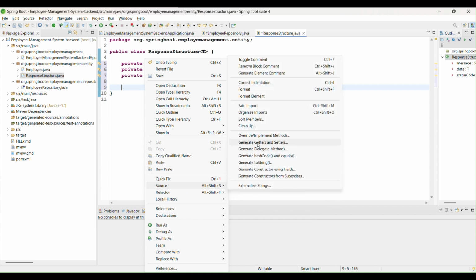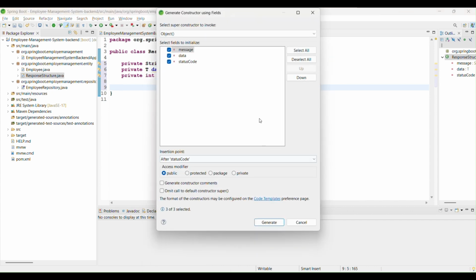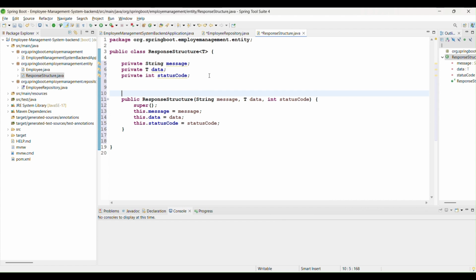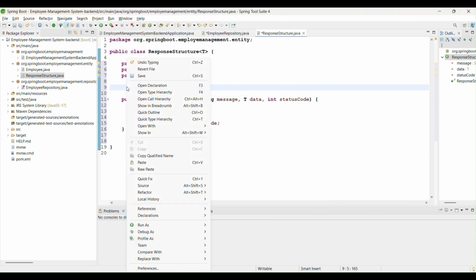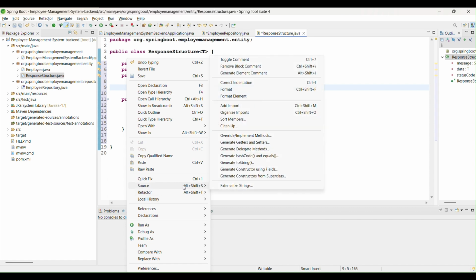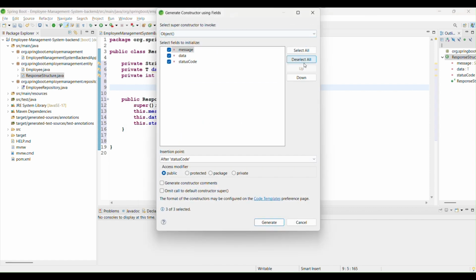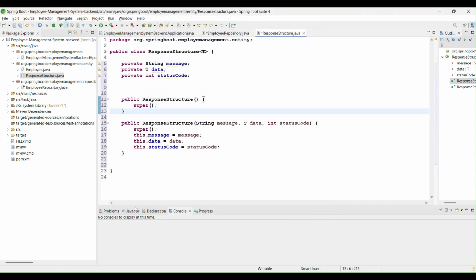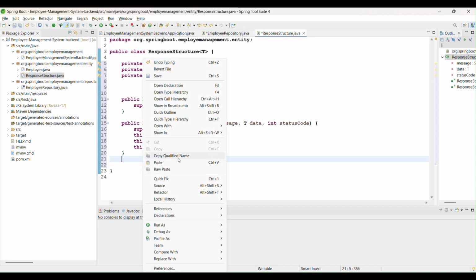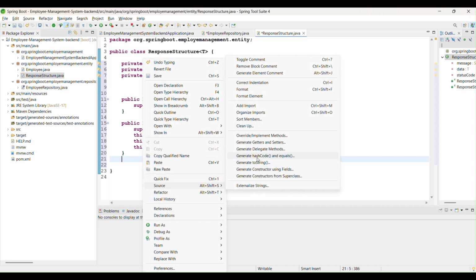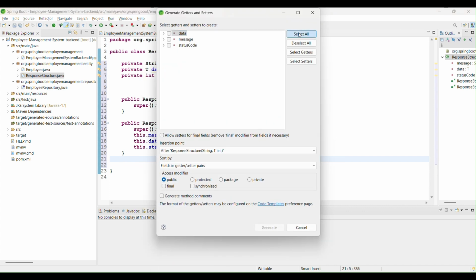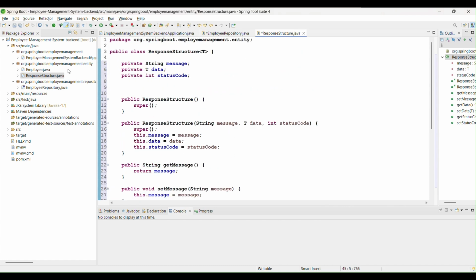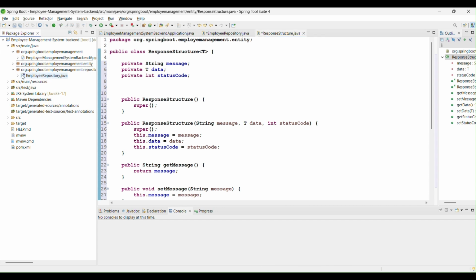Source, generate a constructor with all the fields, and also we need a no-argument constructor, that is also called the default constructor. Source, generate constructor, deselect and generate. After that, we need getters and setters. Right click, go to the source and generate getters and setters, and generate. So it's completed. Now we need to create one more package,